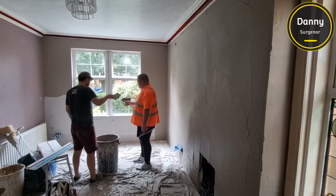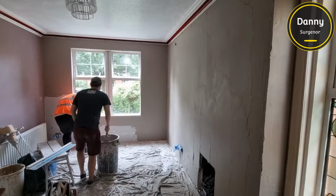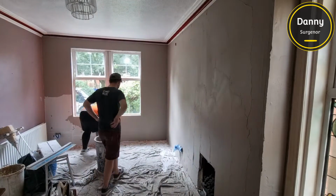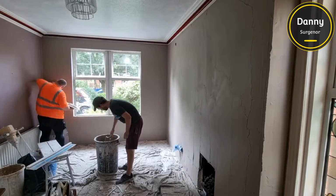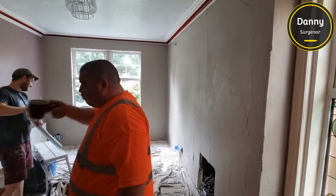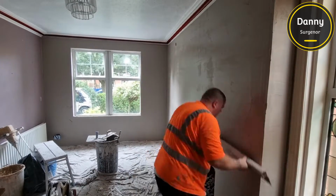So we're just putting our first coat on, and we're going to do it nice and tidy. As always, I usually love skimming over plasterboard, but this was an absolute nightmare. You seen in the last video too the way we do the reveals. Now, obviously, if this property didn't have a cavity and whatever, we would actually put the insulated plasterboard on, but the way we do it, put the spray foam on the back and then attach it, it actually does give some